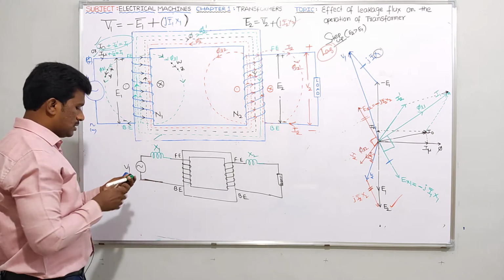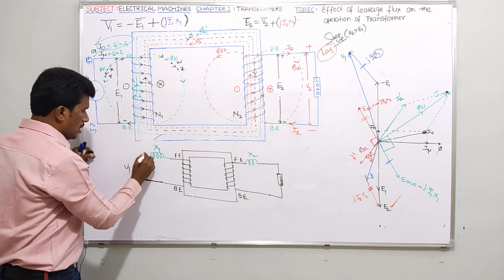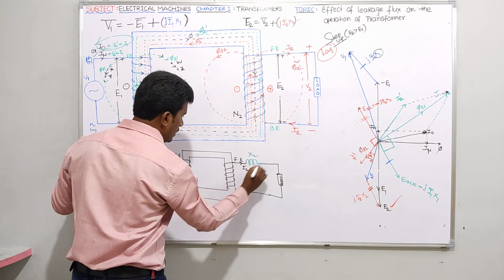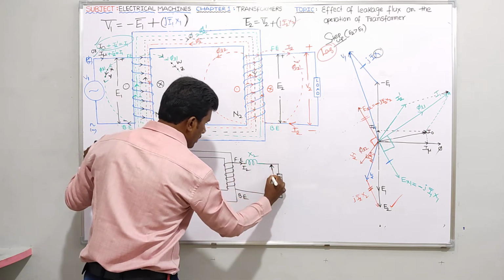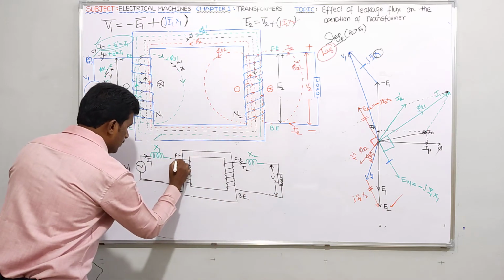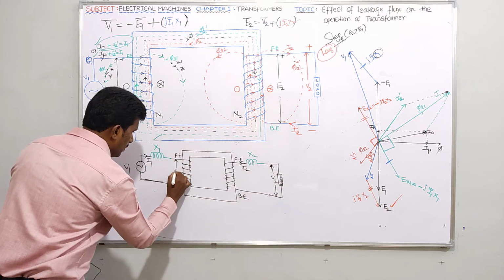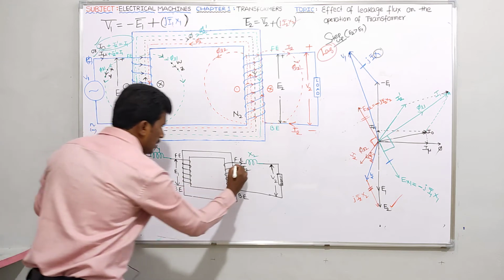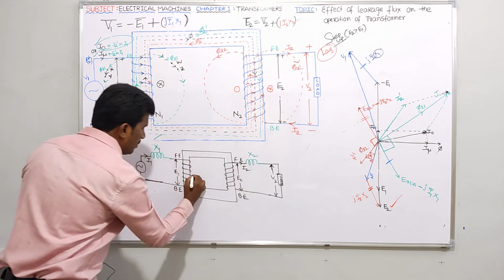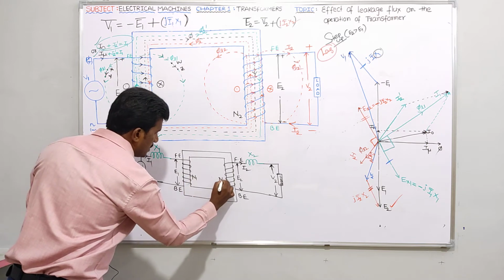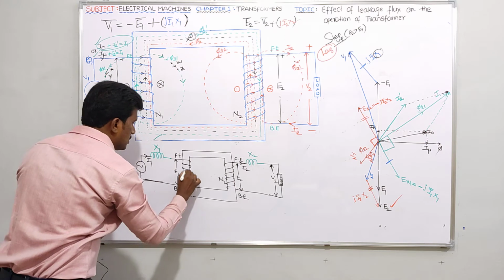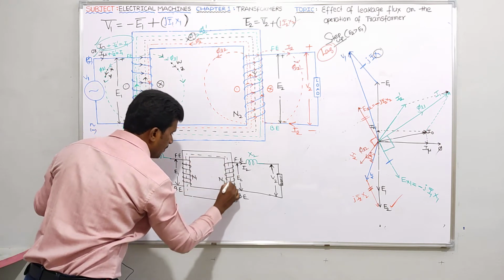So then this circuit becomes like this: I1 here, I2, V2 bar, and what about this voltage? E1 is the EMF in the primary side, E2 is the EMF in the secondary side. It is having number of turns N1 here, number of turns N2 here. Let me show only the core flux. This is a black color flux. Yes, here.